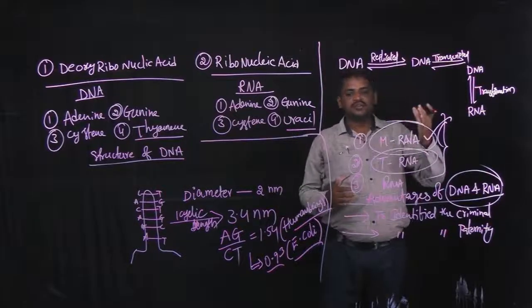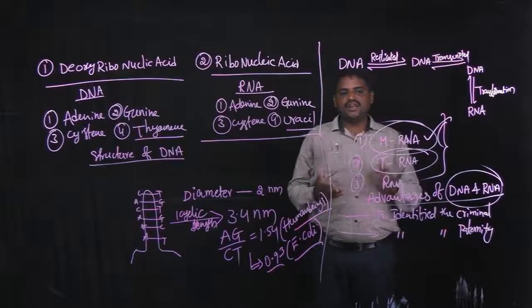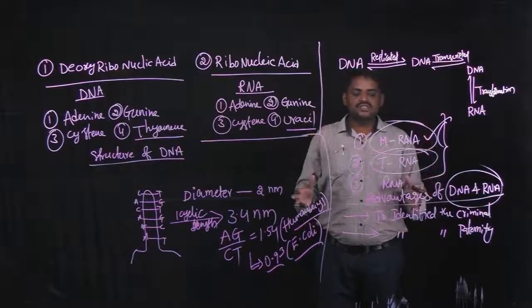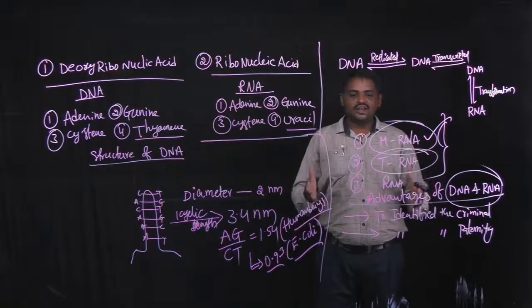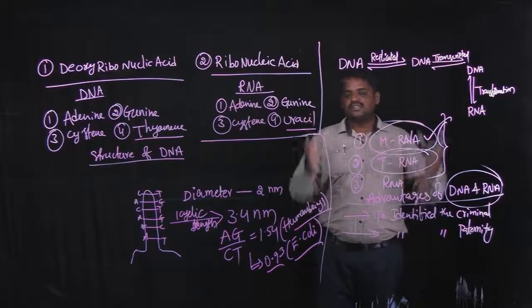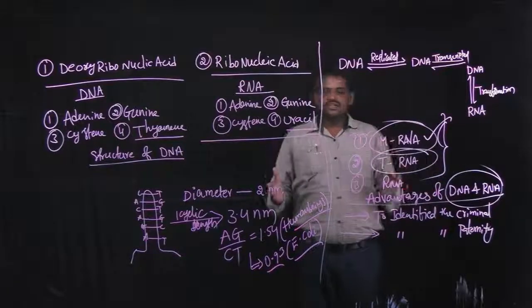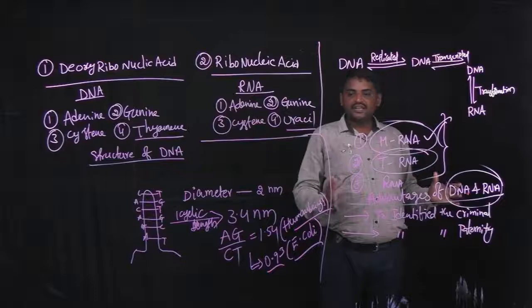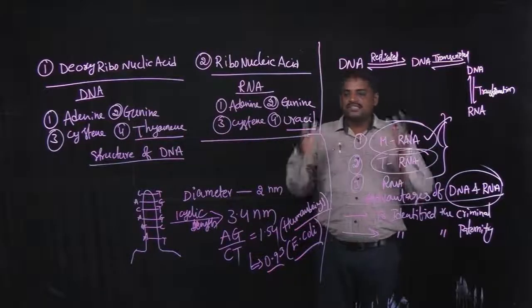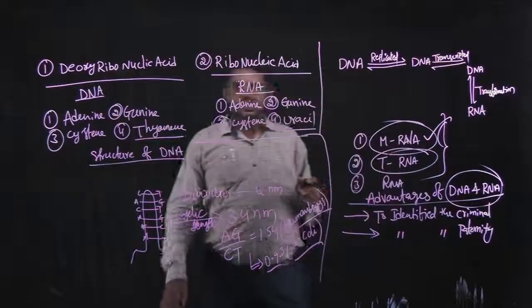And next, DNA is converted to RNA following three steps: replication, transcription, and the third step is translation. And types of RNA: RNA is subdivided into categories. Finally, advantages of nucleic acids like DNA and RNA. They are used to identify criminals in forensic laboratories by using fingerprints, to identify paternity in different persons, and to identify similar biomolecules in different living organisms.